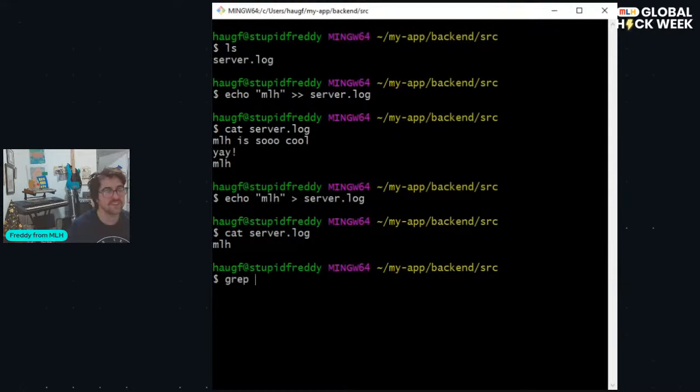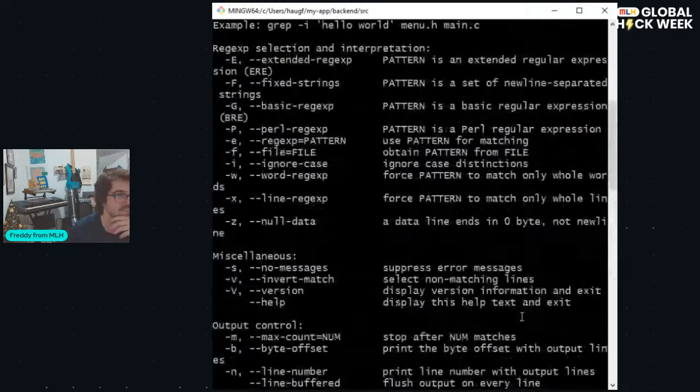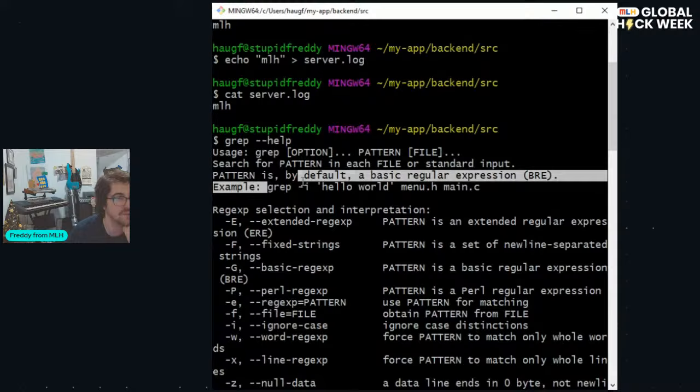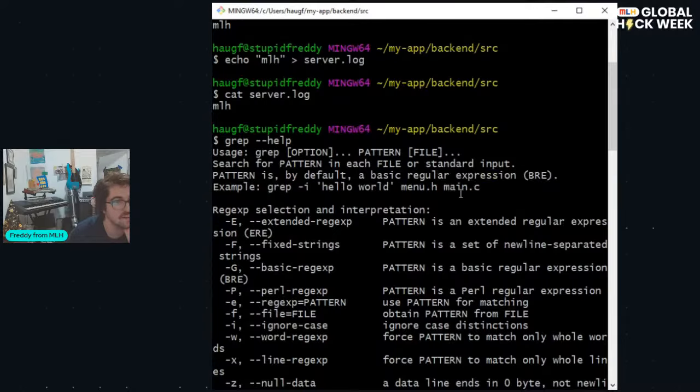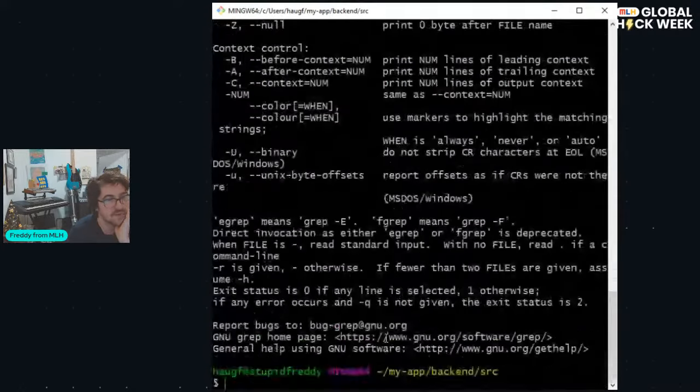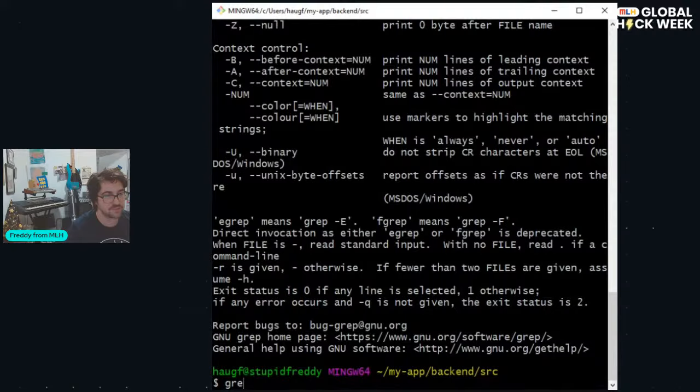So grep is a way that you can search content inside of a file from the terminal. So if we just go to help again, we can get its exact definition here. And it'll say search for patterns inside a file. So it works a little bit like regex. And you can see in this example here, there's a C file main, and it's looking to see if hello world's inside of it. And you can get very complicated with your regex statements too, which is great. But for an example here, grep usually goes hand in hand with this pipe statement. I would imagine like 80 to 90% of all pipe commands have grep at